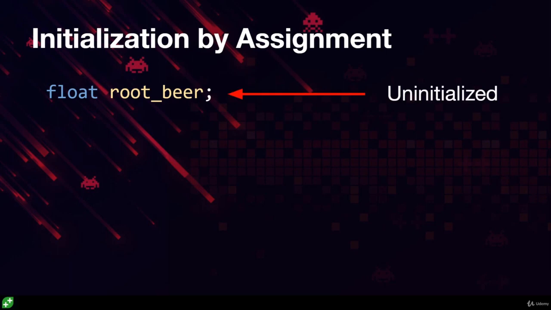One is initialization by assignment. Thus far, we've declared our variables on a single line. This line declares a float variable called root beer. The variable has been declared but not initialized. It contains garbage data. Now, we can use the assignment operator to give root beer a value, and at this point, now root beer has meaningful data. But until this happened, root beer had that garbage data,